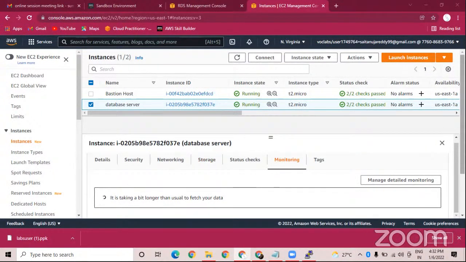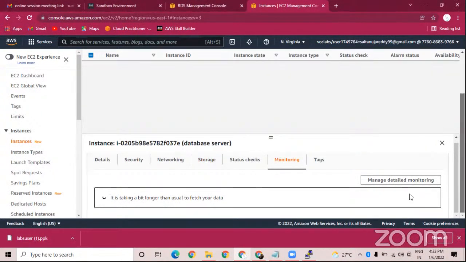And if you click on monitoring, you can see the detailed monitoring data. So what the CPU utilization of your server is, and how many packets in and how many packets out of your server. So each and everything will be monitored by CloudWatch in the background. Okay, so in the background all of this will be monitored for us. But if you want to get notified, so